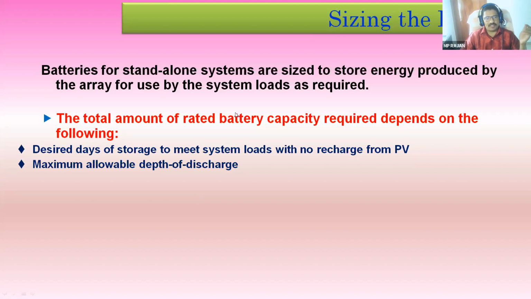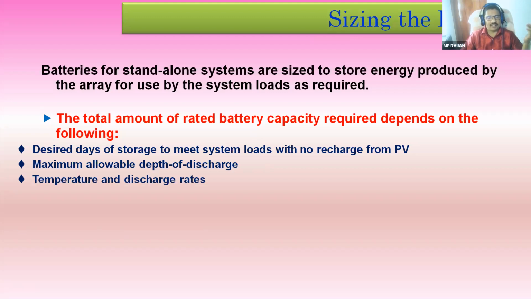Then depth of discharge, DOD, we have already discussed. Depth of discharge means how much. For a 100 Ah battery, you cannot discharge the full 100 Ah capacity. There is a limit for the battery voltage. When you are discharging, the battery voltage will be going down. A 12 volt battery should not go beyond 10.8 volt. Or from some particular amount of energy onwards you can take. So there is a bottom level of energy beyond which you should not discharge the battery. That is called depth of discharge. That is normally expressed in percentage, already discussed.